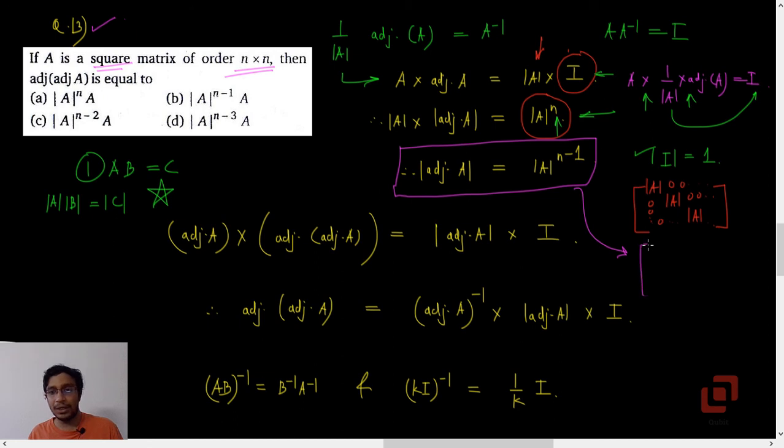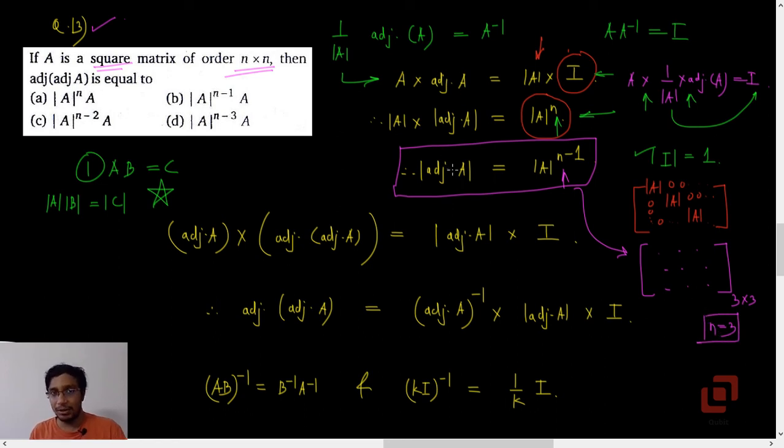Let's say you are given a 3 by 3 matrix, and you know how much time it takes to find the adjoint. Irrespective of how good you are in calculations, it is definitely going to take some time in calculating the adjoint. And if the problem asks you to calculate its determinant, if you know this relation, it will be simple, because it is a lot easier to find the determinant of A. You already know the order, so you just need to find the determinant of A and square it because the order is 3. Correct? So you can expect such questions in CET.